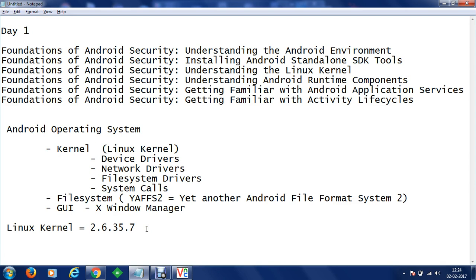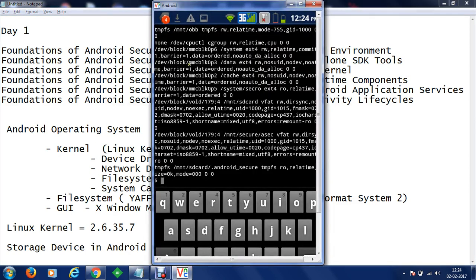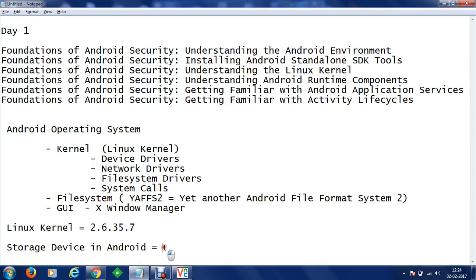The storage device in Android is this device, MMCBLK0. This is the name of the device which is available in our Android device, and this device has multiple partitions.